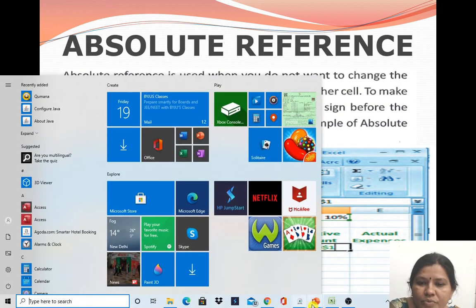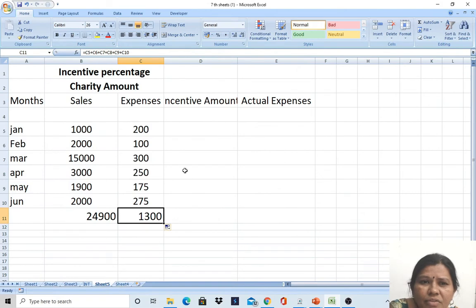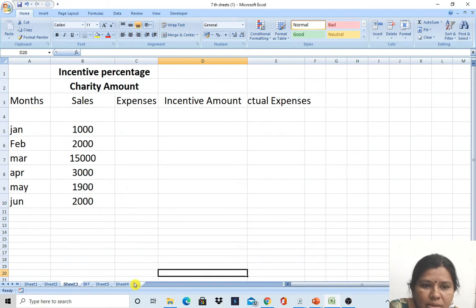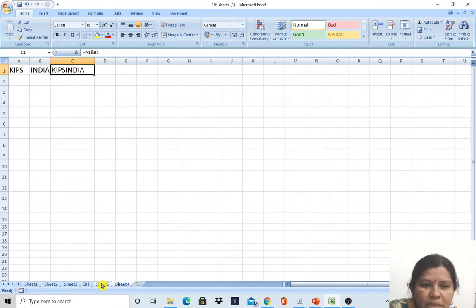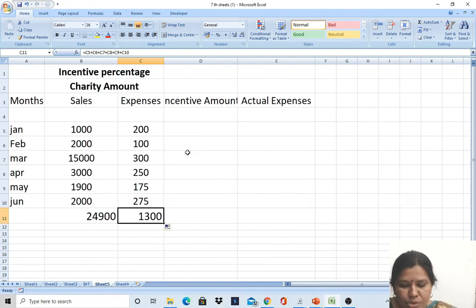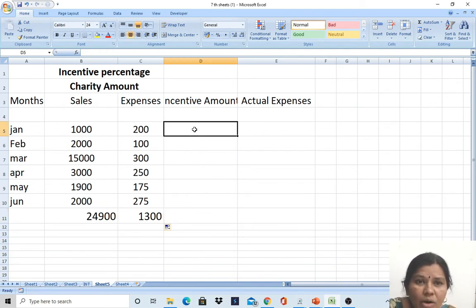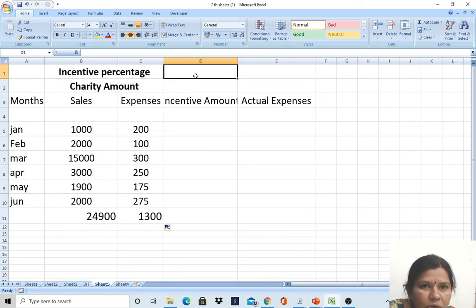See here. For example, now I want to calculate the incentive amount. How will you get the incentive? I will write the percentage, how much percentage I am getting on 1000 sales.